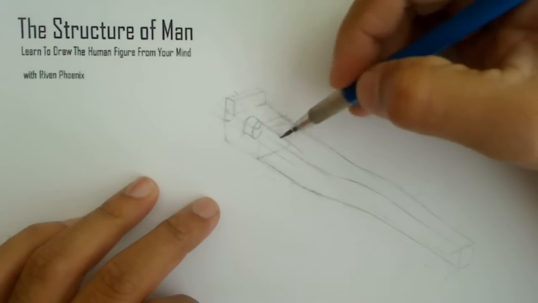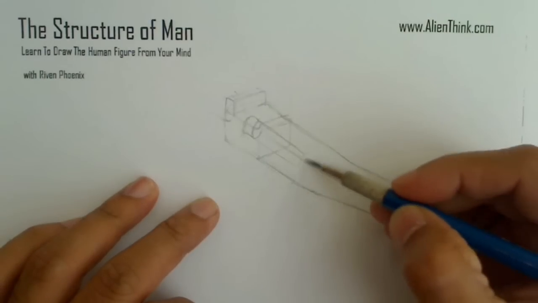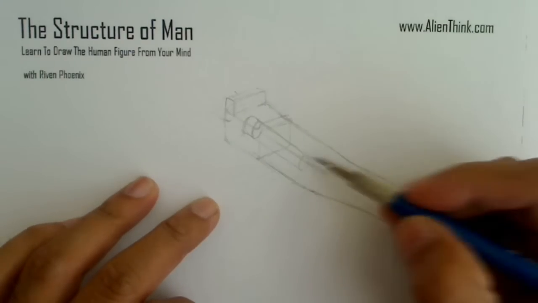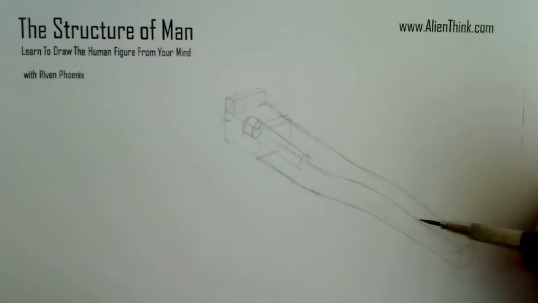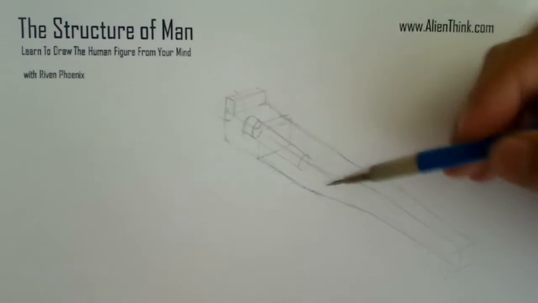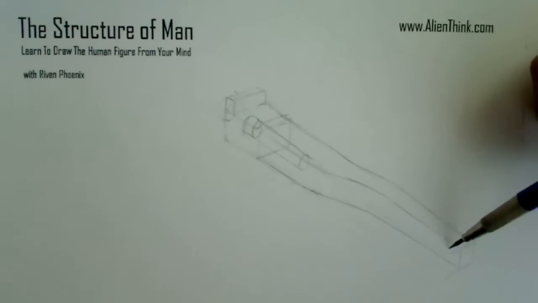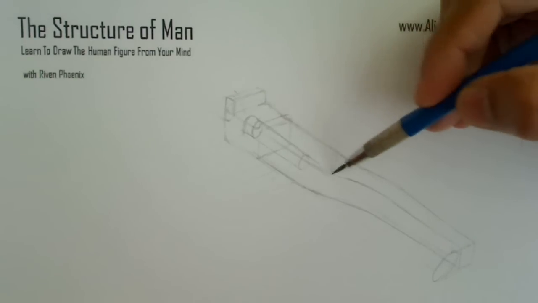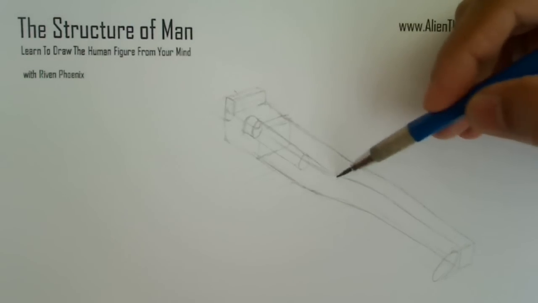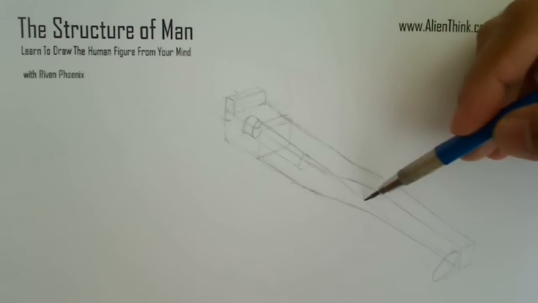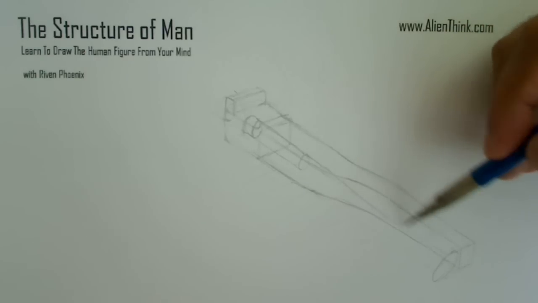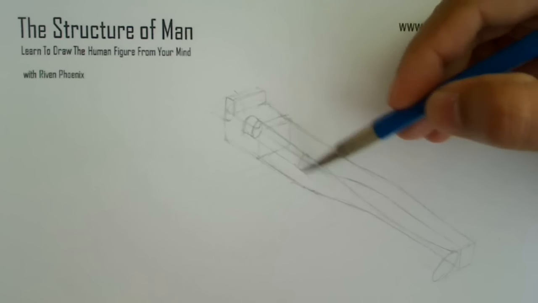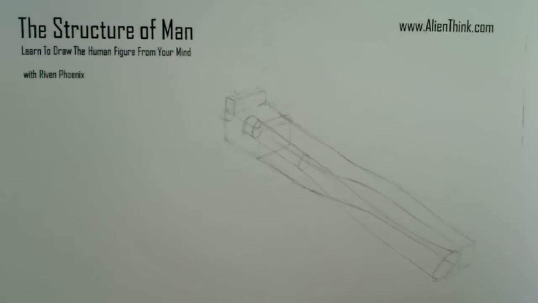Just imagine this to be like a pipe that's just going like this, and we're going to basically come over here. So what happens is that this pipe also, when it goes over here, it's going to expand over here, right? So just imagine this, that this is now this big, but it's going to come on an angle. So this is going straight, and this is going to go out a little bit, not that much, and it's just going to come back in. So basically it's just coming like this, and it's going to expand, okay?